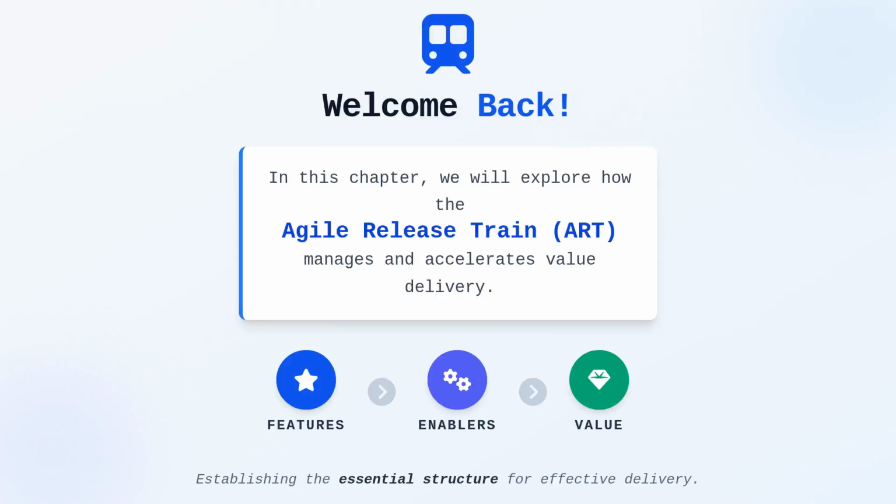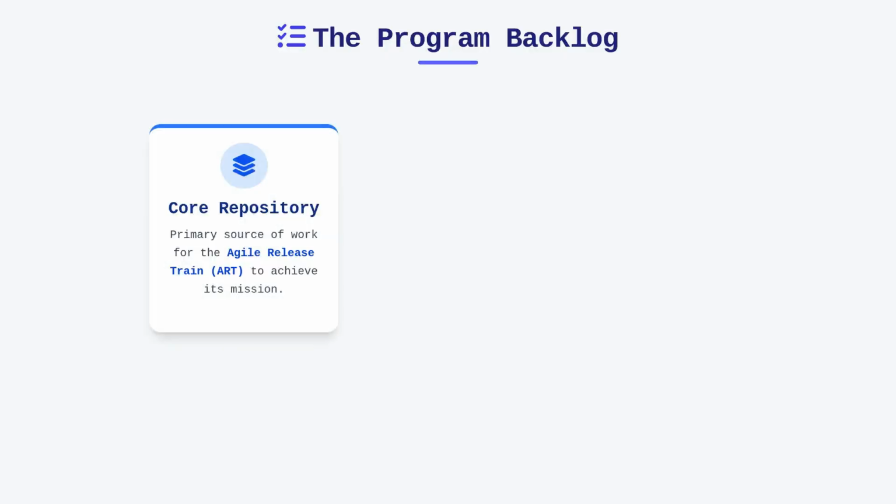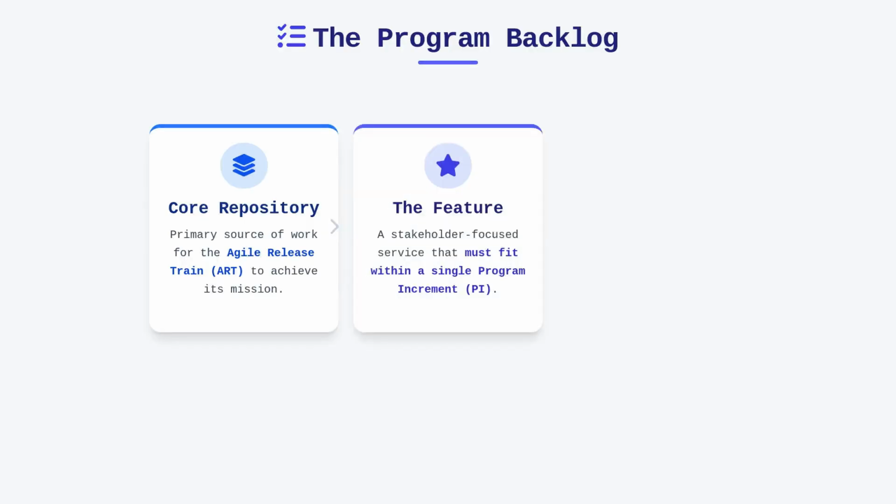When we discuss the program backlog, we are essentially talking about the primary repository for the work that an Agile Release Train must deliver to achieve its mission. This backlog consists of features, which are specialized artifacts distinct from the user stories you manage at the team level. A feature is a service that fulfills a stakeholder need, and it must be structured to fit within a single